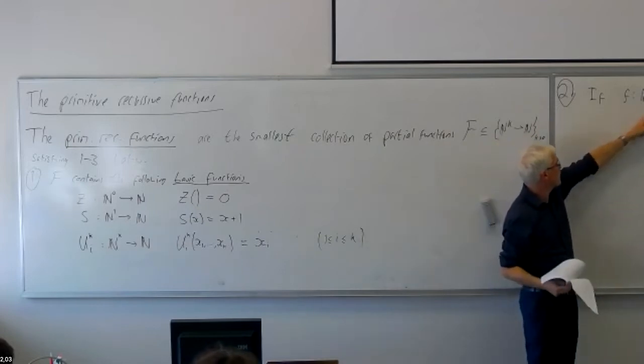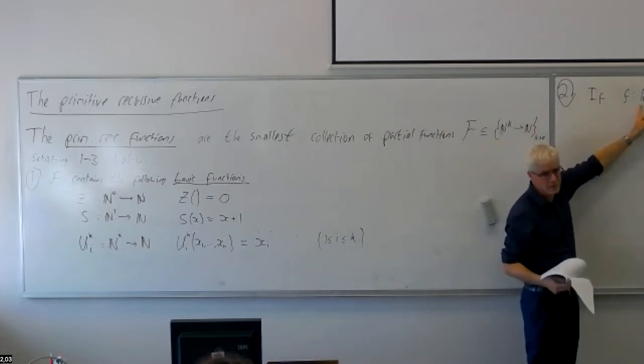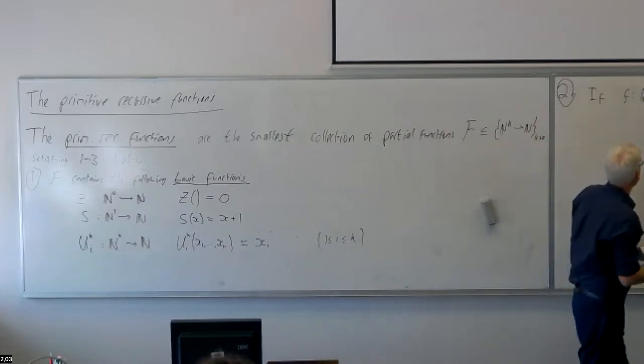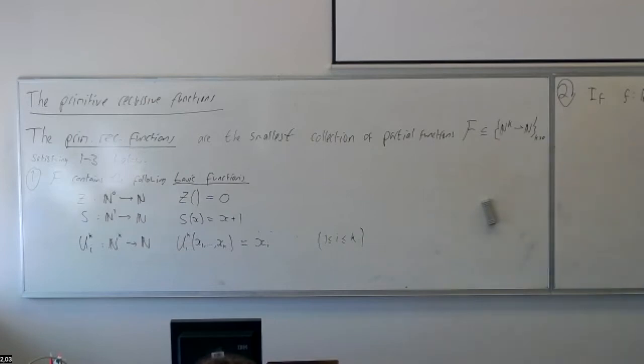So we compose in general with k many functions. So if we have an f and k different functions, g1 up to gk, of some other arity, doesn't need to be the same arity as f, so this is L here. So if all these functions are in F,